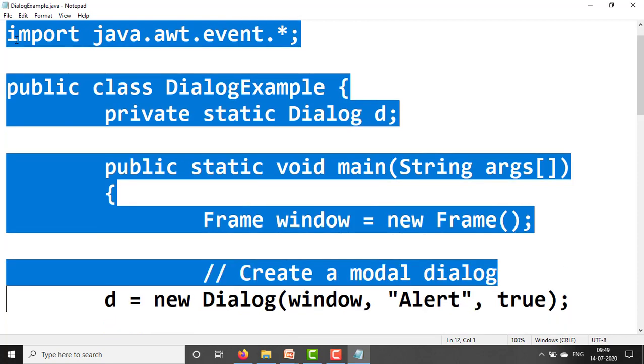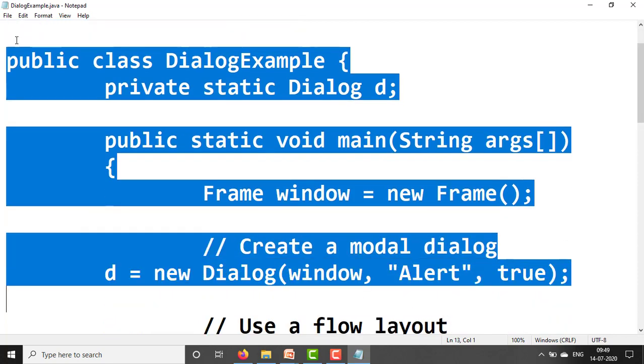After this, create the modal dialog box. d equals, where at the start of the class we declared a Dialog object d. d = new Dialog(frameWindow, "Alert", true). The frameWindow is the parent window, the object of Frame, then the string title, here Alert, and the true parameter is the boolean mode. True specifies the modal dialog box.